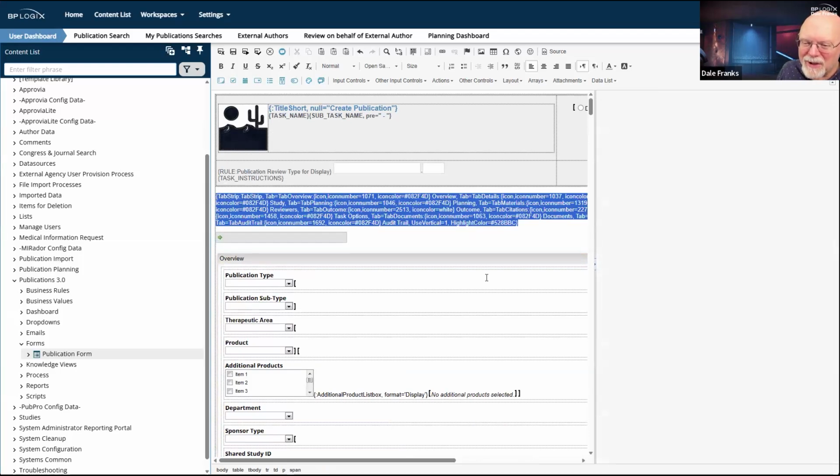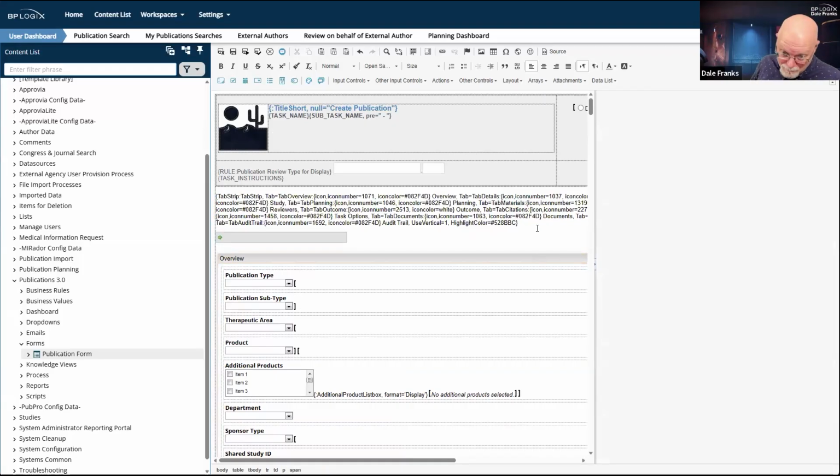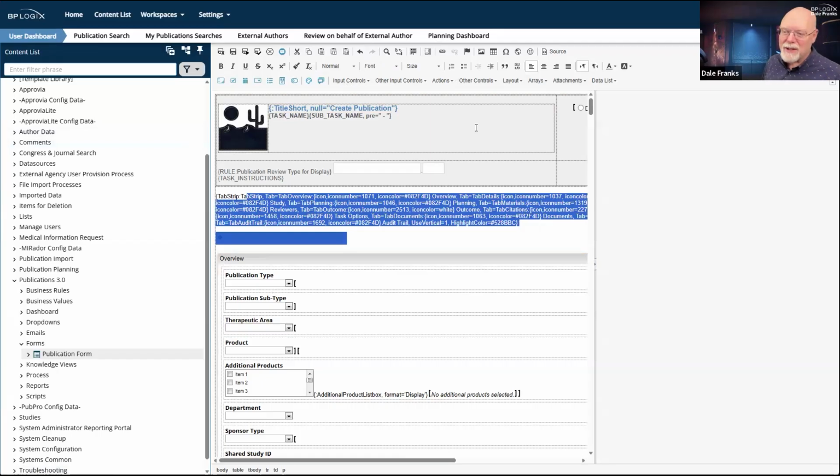I'm going to assume that this was necessary for some reason, which, by the way, you don't need to use any of the actual UI controls that appear up here on the toolbar where you can just drag down and pick a control. You can literally just write your controls in like here. And in this case, that's what we've done. We've done that with this tab strip.